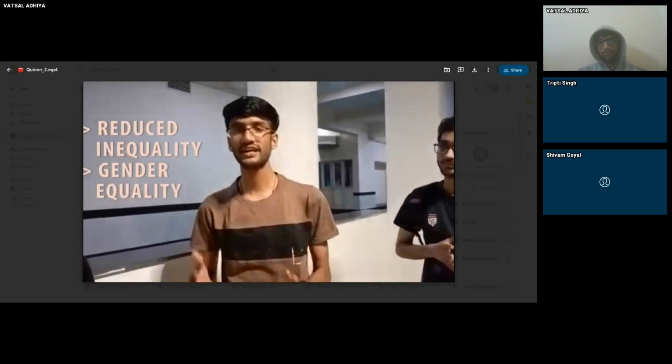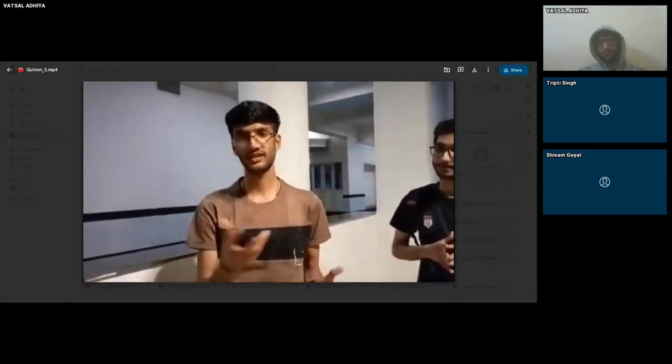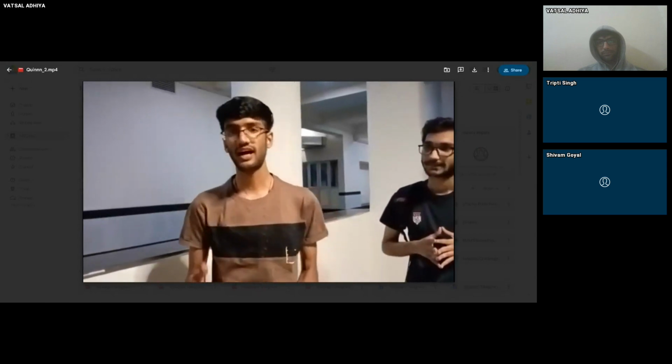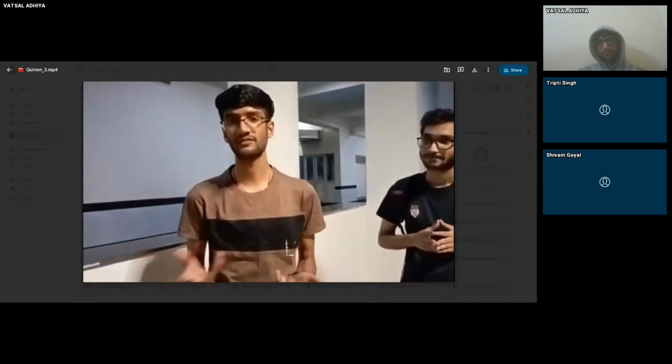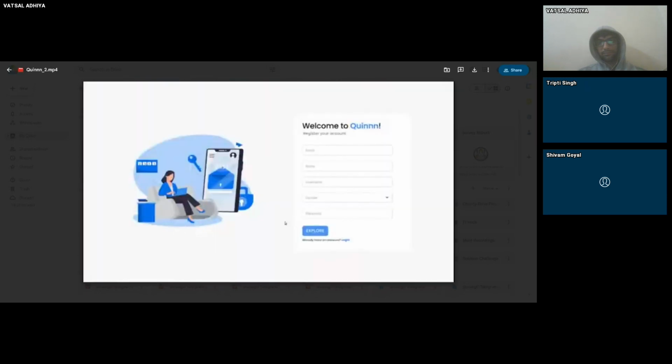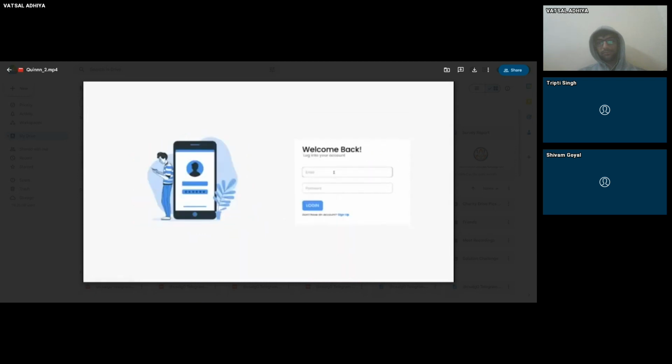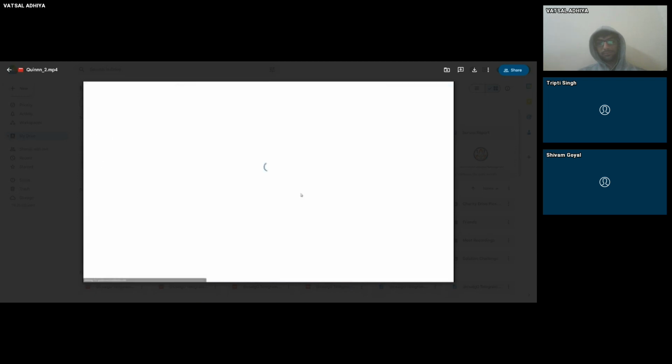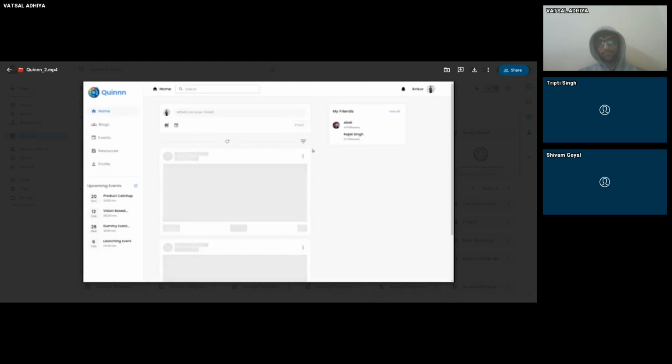It has various features, like the user can build communities inside the app. They can find resources and they can create events for themselves. So let me show you what we have built. As a new user, you can sign up and verify your email to get started. Once you have verified, you can log into your account to access the user dashboard. On the dashboard, you will find a variety of posts and articles written by different people. You can sort these posts by using two tags, popular and recent.